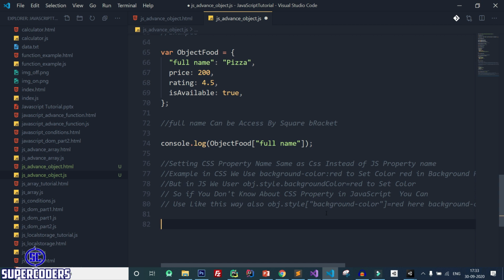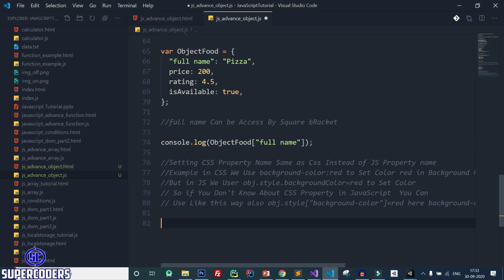Now here I write this in code so you understand everything better. You can see if you don't know the CSS property in JavaScript, you can use the default CSS property by using square bracket, simply pass the CSS property using square bracket and set this value.